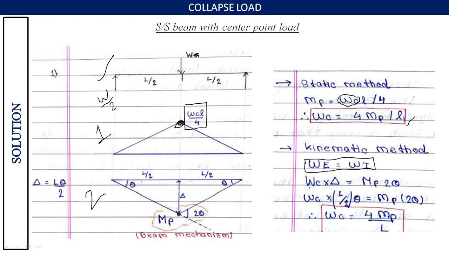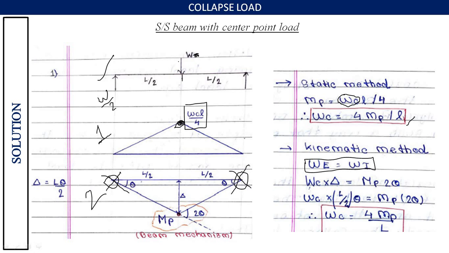So as I mentioned in the note, the hinge will form at a fixed point only. As this is simply supported, here there will be no moment or hinge formed. And also here it is simply supported, so no hinge or moment will be formed. Here it is an internal hinge, so one hinge will be formed, and whenever a hinge is formed, at that point plastic moment will be formed.